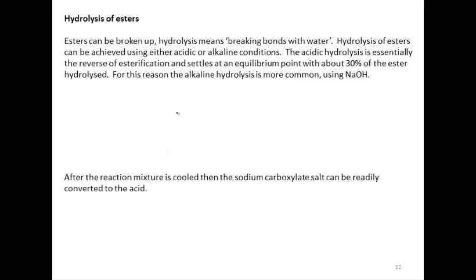Okay, so we can hydrolyse esters, they can be broken up. Hydrolysis means breaking bonds with water, it's an important definition for you to remember. Hydrolysis of esters can be achieved using either acidic or alkaline conditions. The acidic hydrolysis is essentially the reverse of esterification, and it settles at an equilibrium point with about 30% of the ester hydrolysed. For this reason, we don't tend to use it, and we use alkaline hydrolysis, which is much more common and uses sodium hydroxide. The general scheme for this